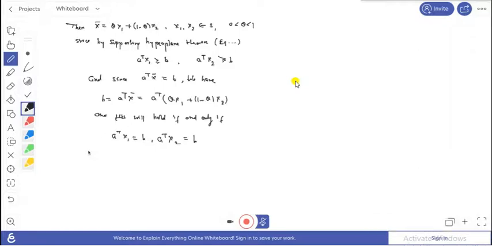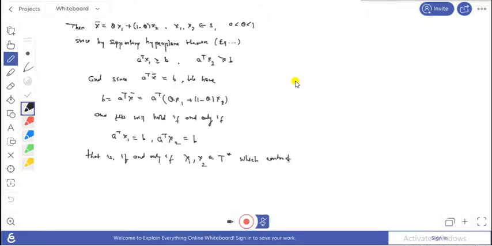In other words, if and only if this x1 and x2 belong to it, because if these two conditions are satisfied, this means x1 lies on your hyperplane and x2 also lies on the hyperplane, and these two points are in the intersection of your hyperplane and the set S. This means they all belong to the points T star. So x1 and x2 belong to T star, which contradicts our result,